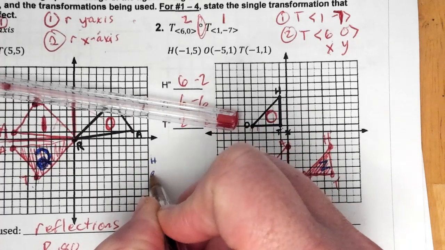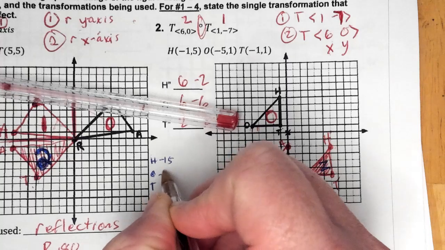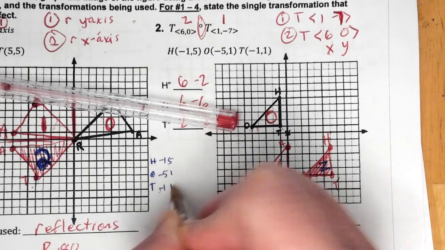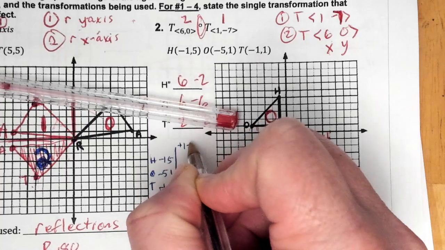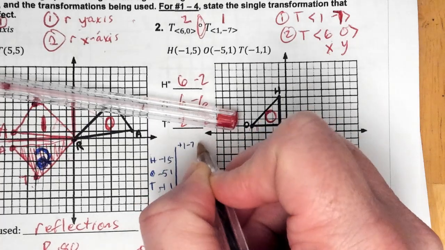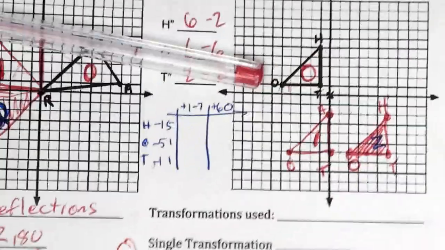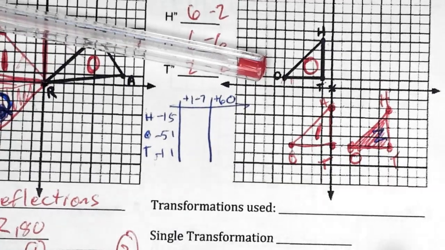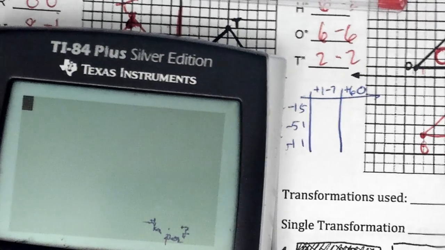So H, O, and T, and they were at negative 1, 5, negative 5, 1, and negative 1, 1. I'm going to go positive 1, negative 7, and then after that I'm doing positive 6, 0. Okay, I'm going to zoom in here. All right, I'm taking all of these coordinates. I'm taking all of my x's